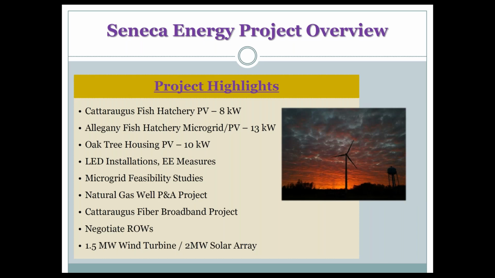So these are a number of the projects that we've completed at the Seneca Nation. You can see a number of smaller PV projects with a little small microgrid at our Allegheny Fish Hatchery. We've done a number of LED installations. Really proud of that. We've installed basically every building, almost every light, at our Cattaraugus territory. We're finishing up an Allegheny installation at our ACC with some of our community center, which has larger gyms and indoor boxes, things like that. So we've hit almost all of the buildings and added some other energy efficiency measures, which have helped along the way. And sometimes those are not huge projects. They could be